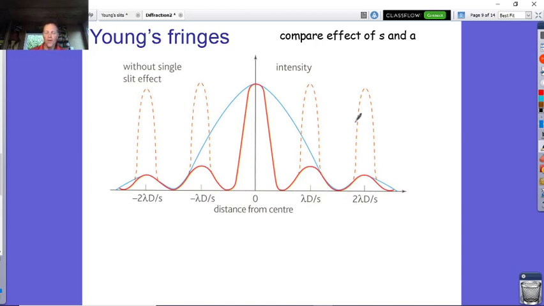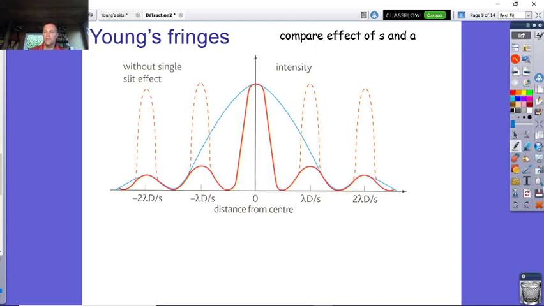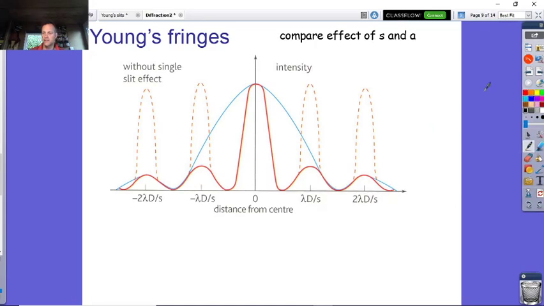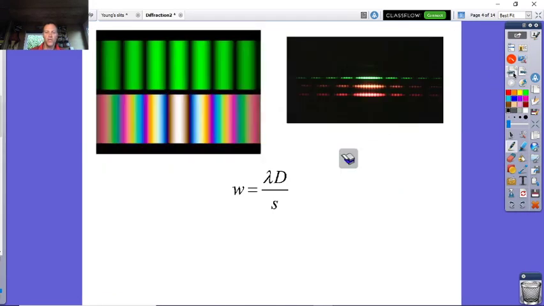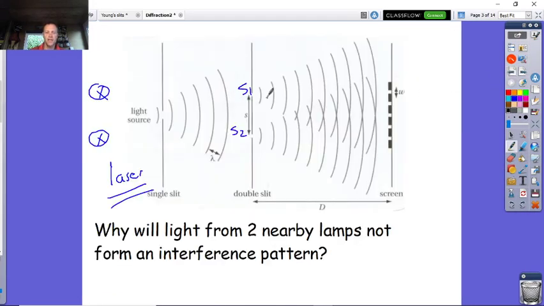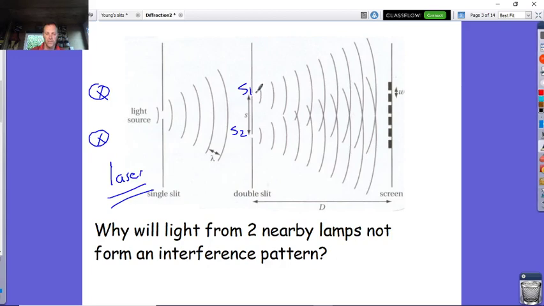Now, what you've got here, the dotted line going out through here, is what you'd see in Young's interference pattern, i.e. Young's fringes. Bright, dark, bright, dark. But you don't get that, because when you're doing Young's experiment, doesn't the light first of all go through a single slit, have a diffraction pattern, then you've got the interference of S1 and S2. In other words, you've got a single slit diffraction pattern